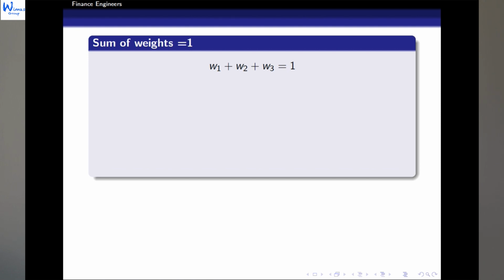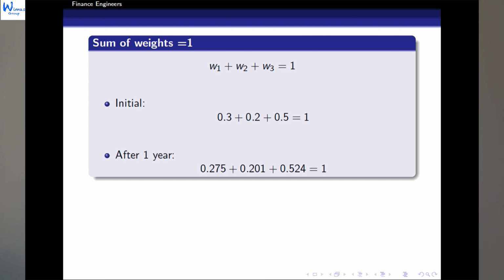Remember that the weights at the start of our investment were not these three. For the first asset we had 0.3, for the second asset we had 0.2, and for the third asset we had 0.5. You see, they have changed, but remember that the sum of all the weights in any portfolio is always equal to 1. That's why at the beginning 0.3 plus 0.2 plus 0.5 is equal to 1, or after 1 year